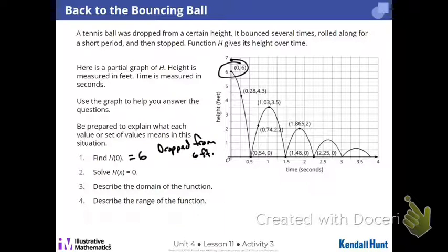Okay? h of x equals 0. In that case, is 0 my input or my output? Output. And do you guys remember that homework quiz where there's multiple answers for some things? We got those multiple answers again. So this is saying at what time does the ball touch the ground in context, right? Well, it's going to hit the ground at 0.54 seconds, 1.48 seconds, 2.25 seconds, 3.1 seconds,